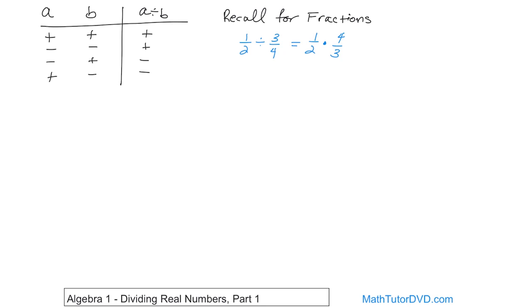You basically multiply the first fraction times the flipped over version of the second fraction, but now you know when you flip over a fraction it's called a reciprocal. So you see, really, I didn't say this in the last section because I didn't want to confuse you, but basically division of any kind